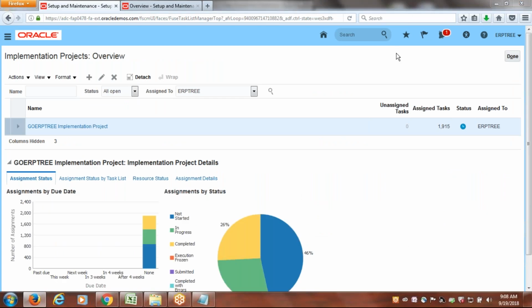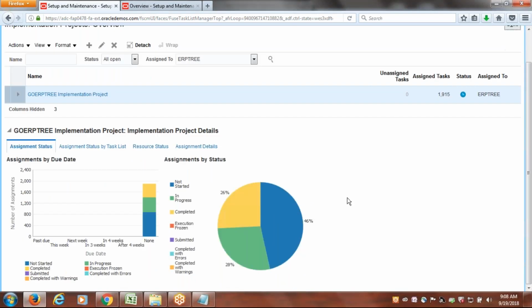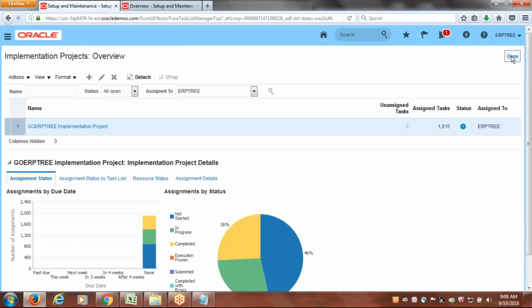Since we have 4 offerings within one project, I can see the progress of those 4 offerings in one go. Otherwise, I have to go to procurement and see how much percent is completed, how much is pending, what is not yet started. Again, I have to go to the finance-related project and so on. So ideally, we create the project by including all the offerings which we are going to implement for the client